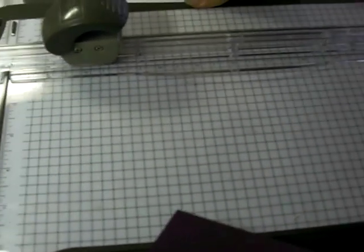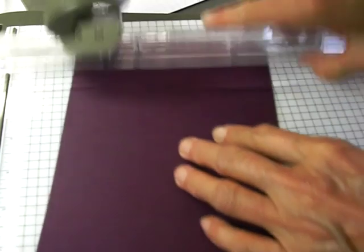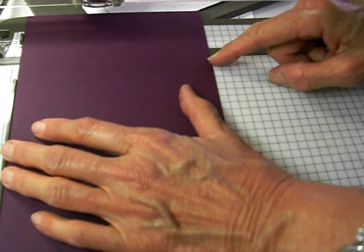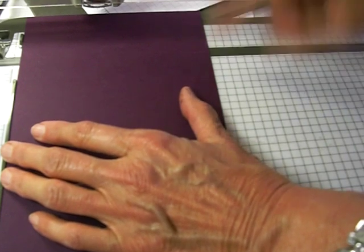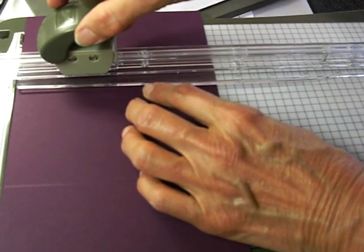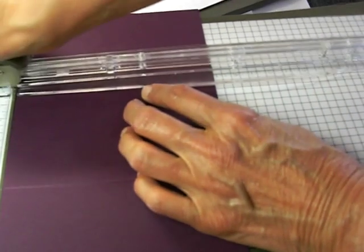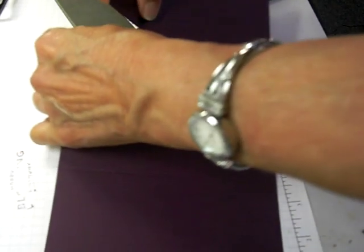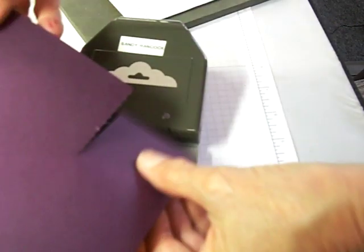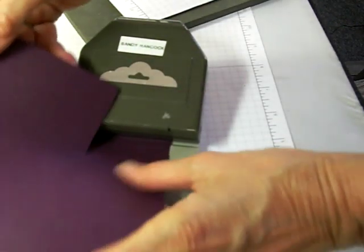Okay, so now what we're going to do is I'm going to line up my mark for my 8.5 right in the very center. I'm going to move this to 2, and you'll see why I only want to score at 2 in just a second. I'm not scoring, I'm actually perforating. Then I'm going to tear this down the 2 inches because I'm going to push this now into the scallop punch